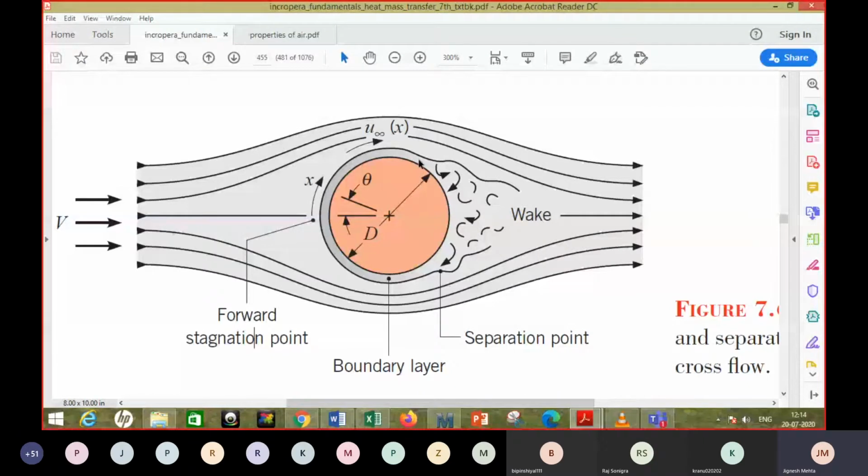Now this pressure is opposing the flow, right? Pressure is increasing, so that is called adverse pressure gradient. The following diagram explains these things. So here you have adverse pressure gradient, and because of that, there is reversal of the flow. The fluid is not able to keep itself attached to the surface of the cylinder. It starts detaching from it, and it has some rotational component also because it starts reversing